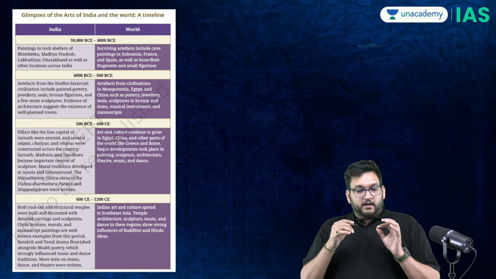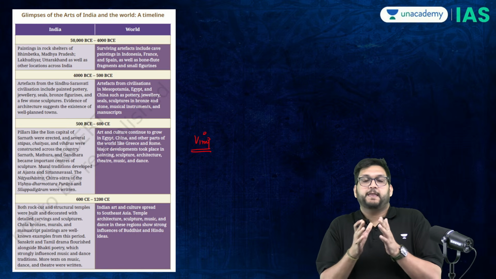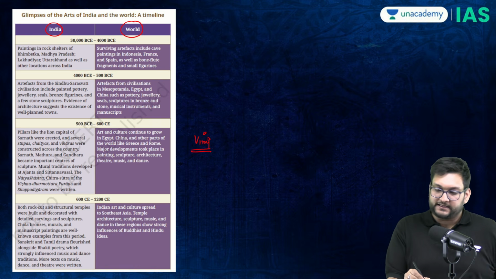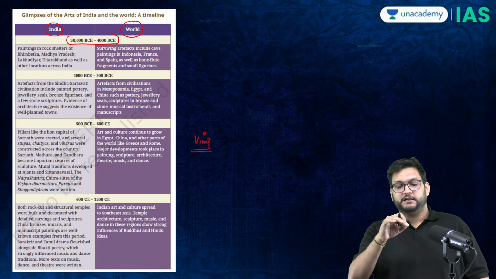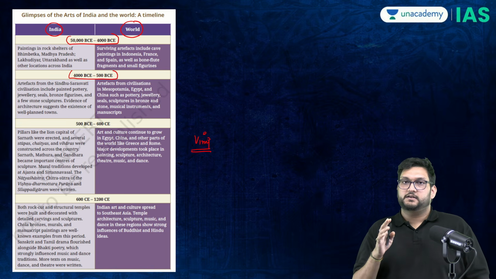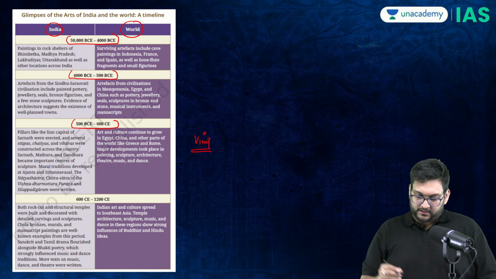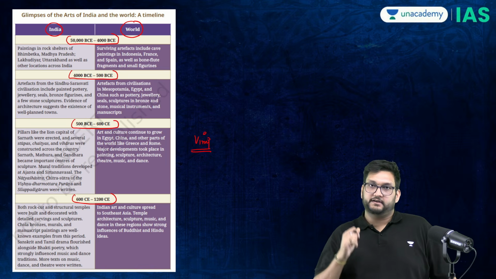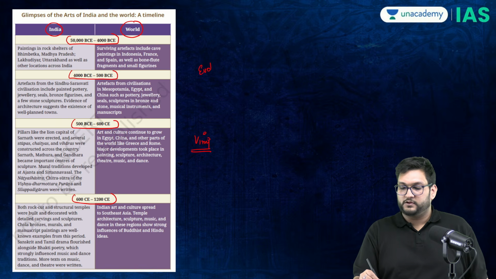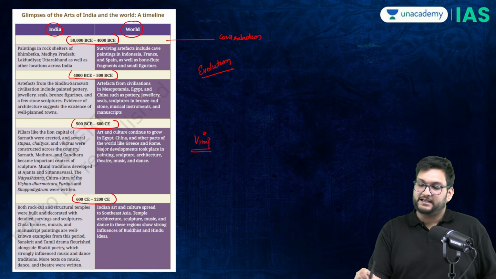Then, a very important table, because what it does is it compares cultural development in India and the world through four periods, which is basically the Mesolithic period till Indus Valley Civilization, Indus Valley Civilization till the 6th century BC, 6th century BC, from Mahajanpada till Gupta, and from Gupta till medieval, which is 1200 CE. Now, if you can remember this, generally you can answer any question on evolution, or if they ask you what is the contribution of a certain period,